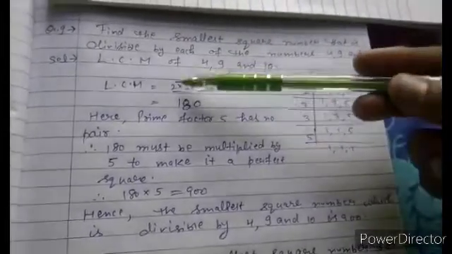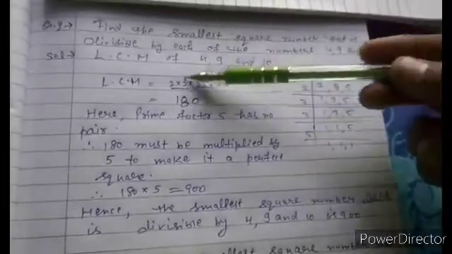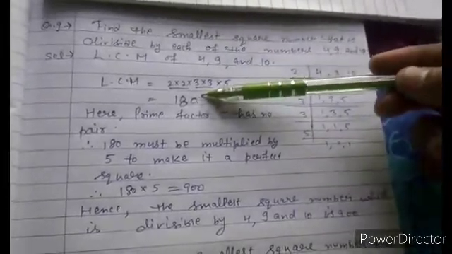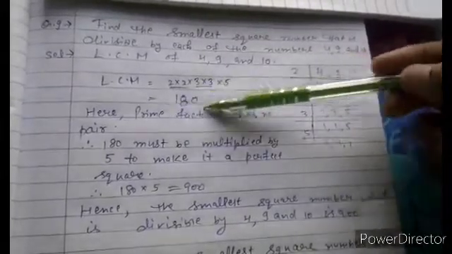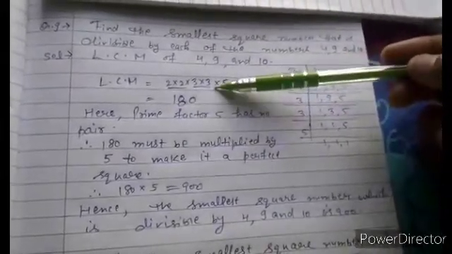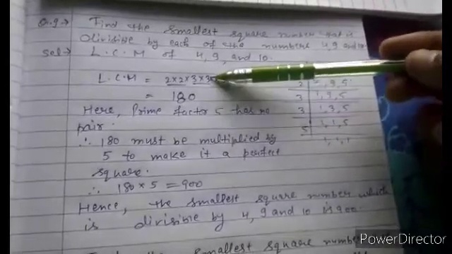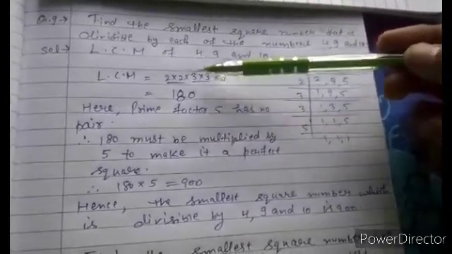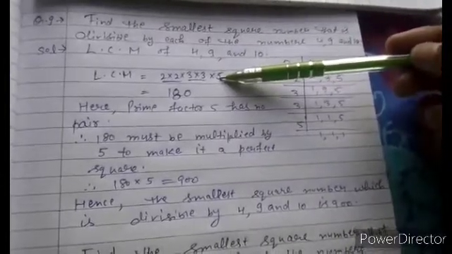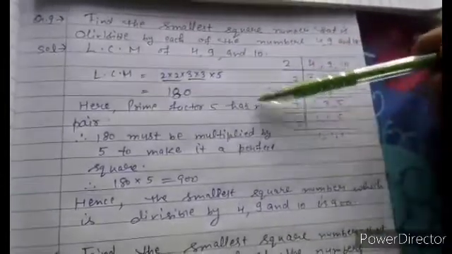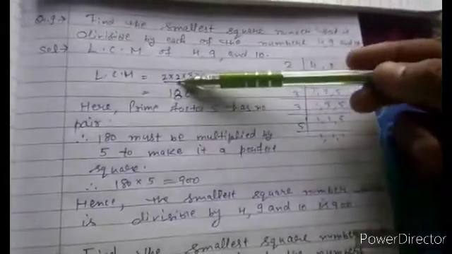Here you can find out the LCM. So we will multiply now these prime factors. It will be 180. Now if we want to see whether this number is a perfect square, for this we need to make pairs of these factors. So here we got a pair of 2s and a pair of 3s, but 5 doesn't have a pair. So prime factor 5 has no pair. That's why this number is not a perfect square.